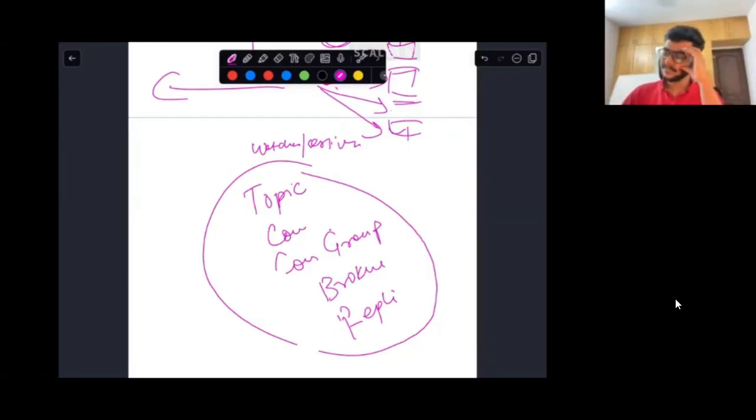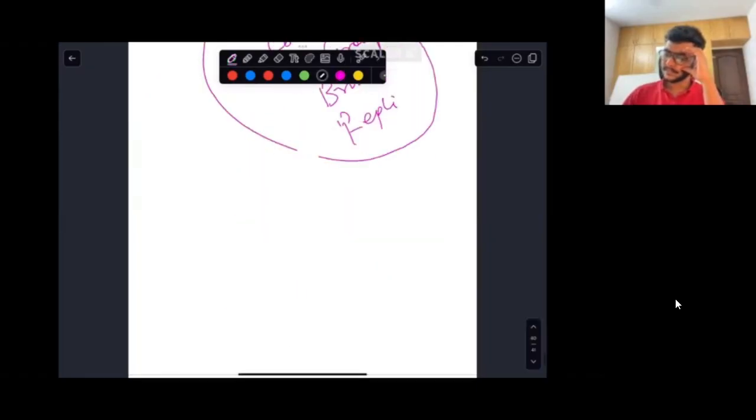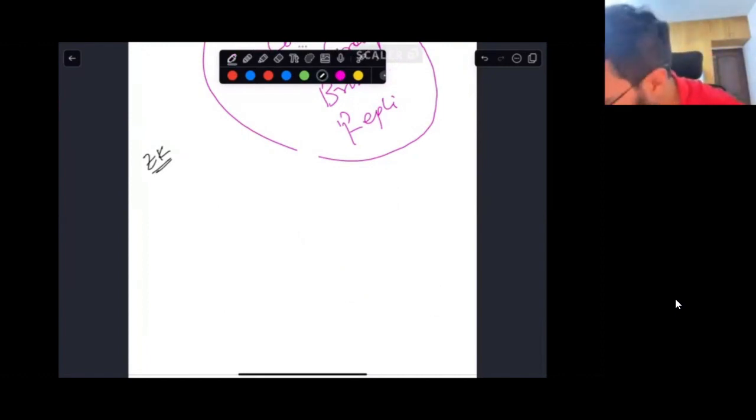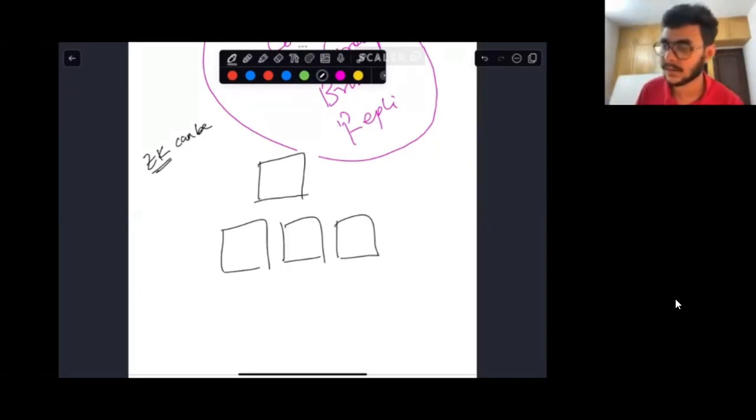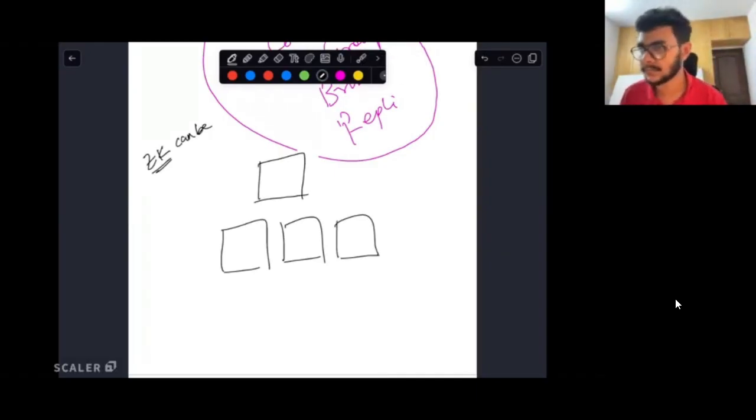I forgot to ask. So we keep sending the heartbeat to Zookeeper, right? So Zookeeper can be a single point of failure as well, right? Yeah, I didn't draw it that way, but typically when you have a Zookeeper cluster, you have replicas of Zookeeper as well. Okay, so Zookeeper internally will have a master-slave architecture kind of thing. Yeah, it will have that.